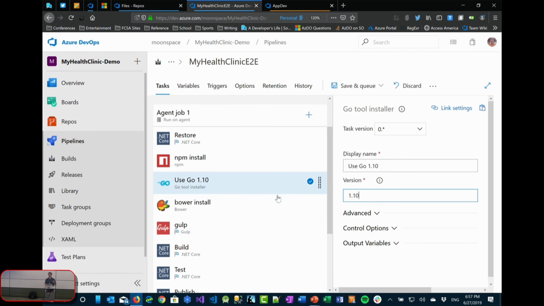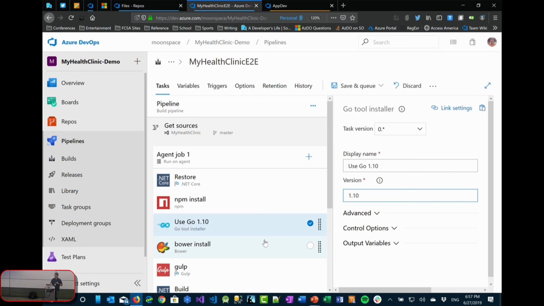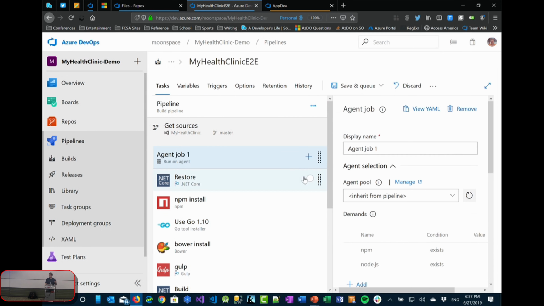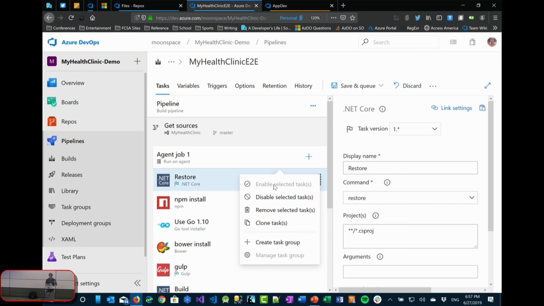I mentioned the YAML builds. The YAML builds are still relatively new. So maybe you want to cheat because maybe you haven't memorized all the YAML syntax yet, for example, when you're trying to do a build. So if I wanted to take, get down here to my agent, I don't know, pick your favorite one, I'll pick the restore or whatever.